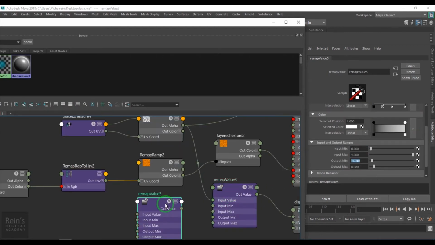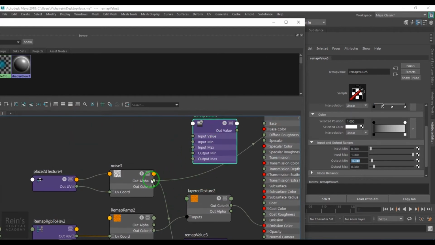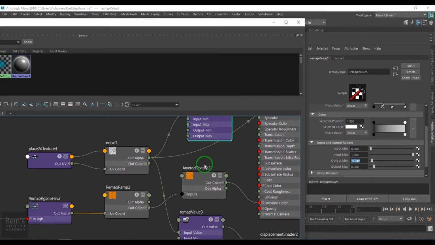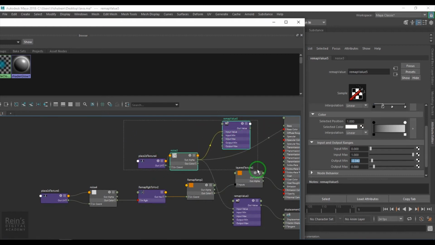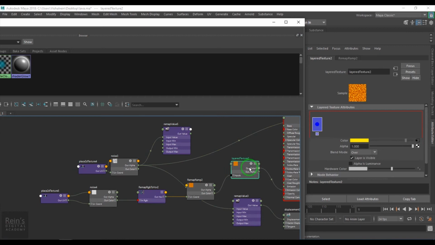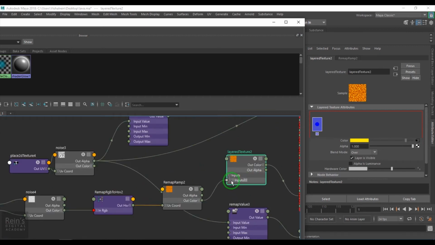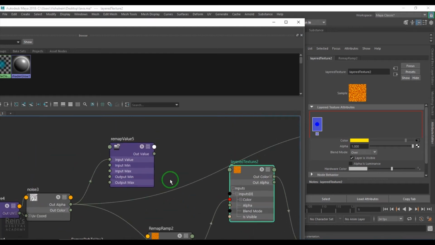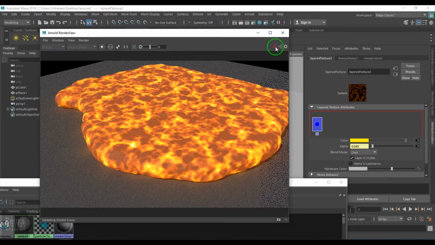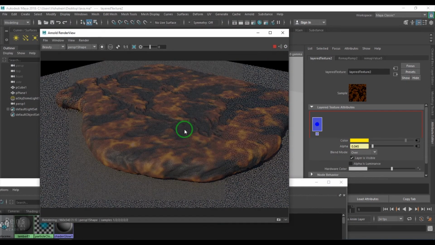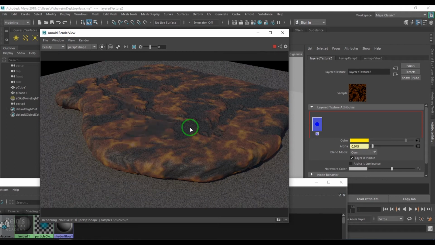Then take the out value to the alpha of the map. Okay, now let's render, and you're seeing the reverse of what I am actually getting here. So I need to select my texture, and then